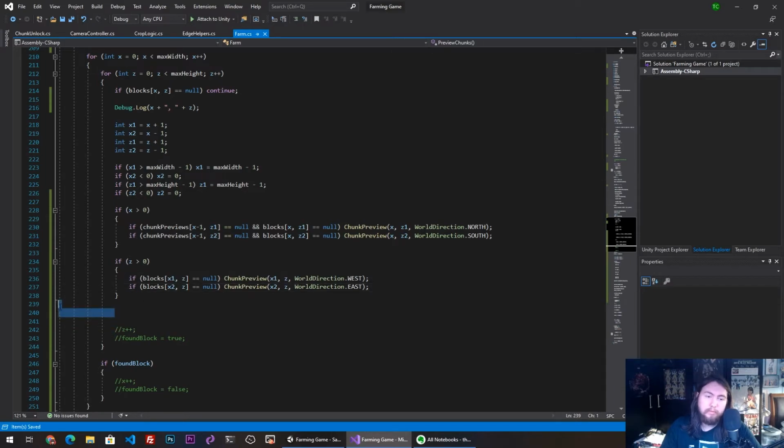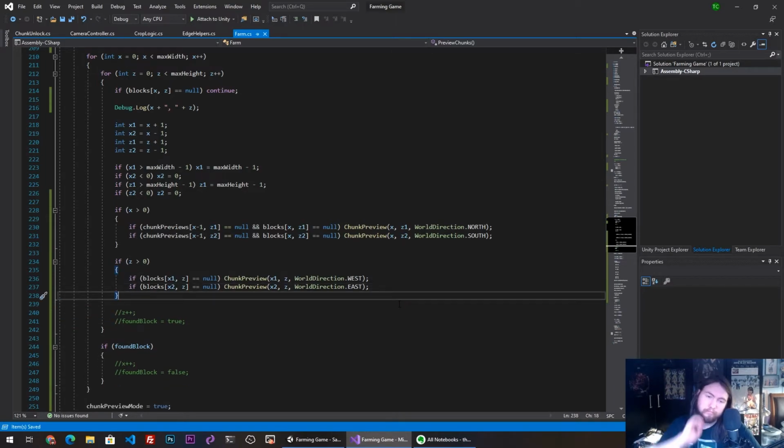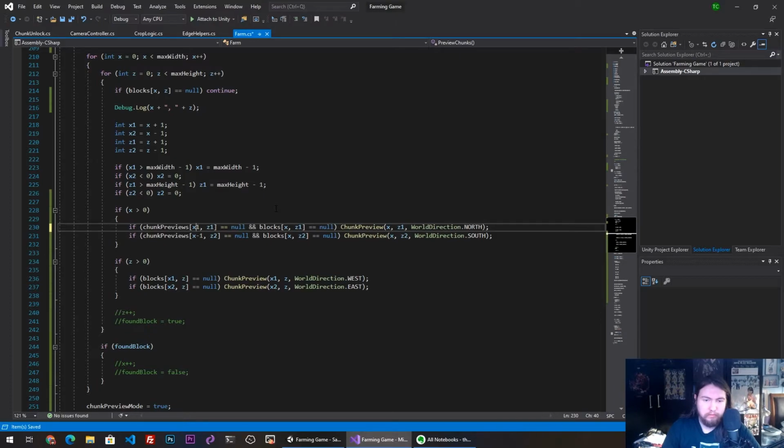I mean, what it would be, well, it would need to scale with the chunk, wouldn't it? So it'd be x minus chunk width height minus that, wouldn't it? Yeah. So it'd be x minus chunk width minus 1